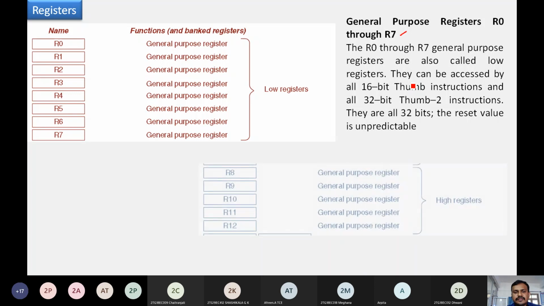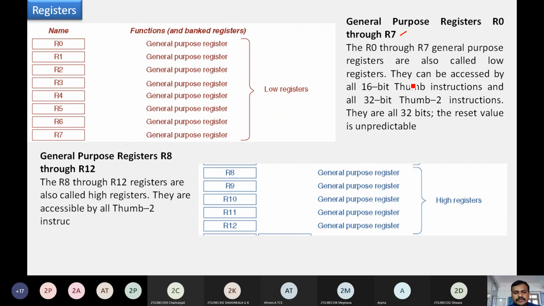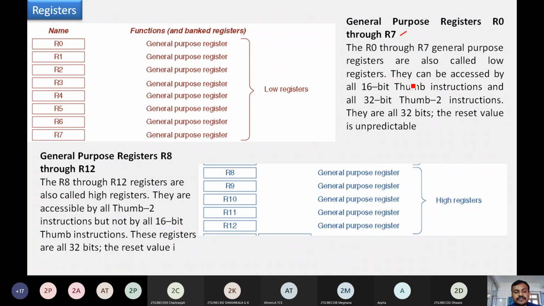Another register set is the high register set, general purpose registers ranging from R8 to R12. These are known as high registers and are accessed by Thumb-2 instructions, but these registers also support some selected 16-bit Thumb instructions.